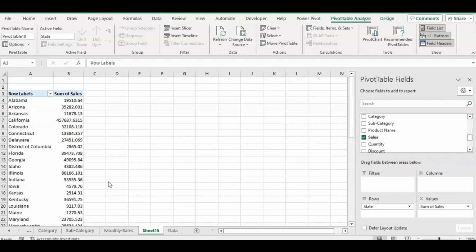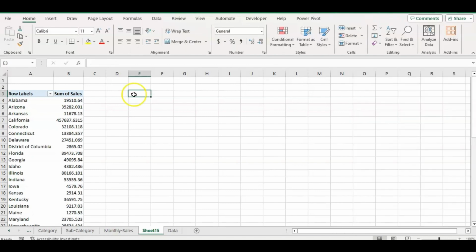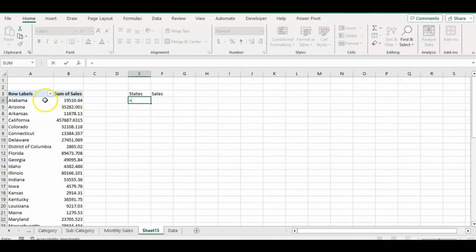So we have to create another table by copying data from the pivot table. Let's create another table here. The column names are States and Sales. Select the cell here, then type equal, then click the pivot cell, then hit enter. Now drag this down